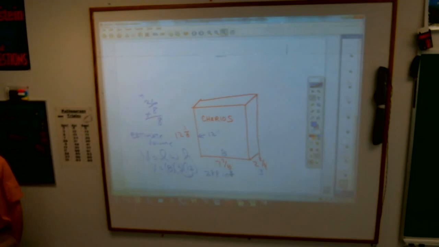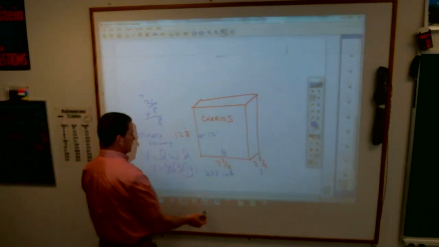A cubic inch of cereal. I don't think we'll have too much trouble with that. All right, for tomorrow then, one day closer to